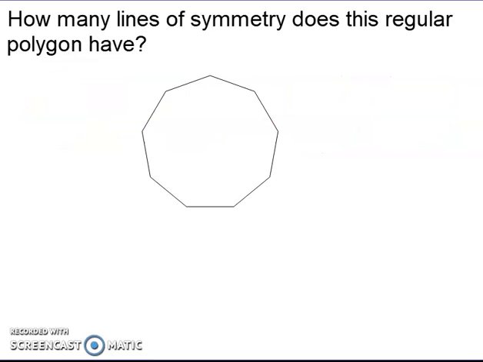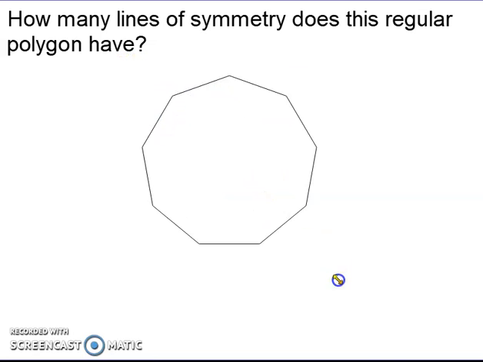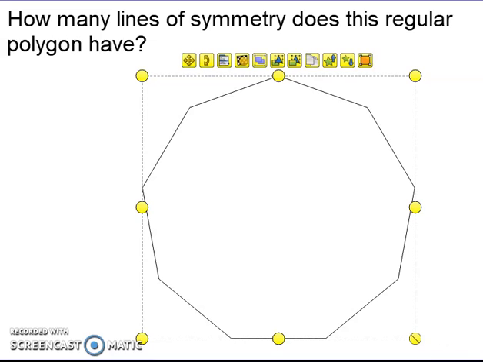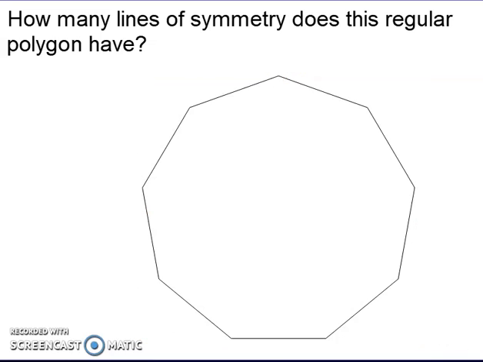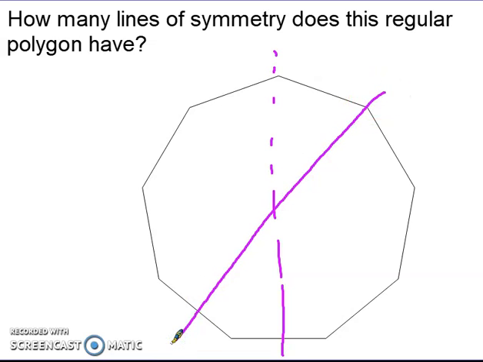Now, how many lines of symmetry does this have? This is the same shape from earlier. We did say it did have line symmetry. The question now is, how many lines does it have? You have to keep in mind that it is as many times as you can fold the paper and still get equal halves out. In this case, we already know that we did one line there. Well, if I take this vertex and I go through, it matches. If I take this vertex and go through,